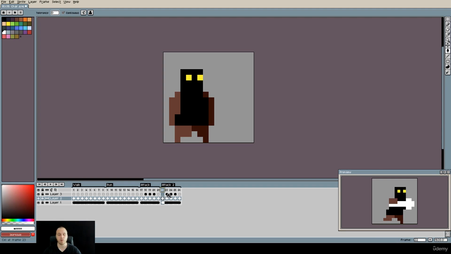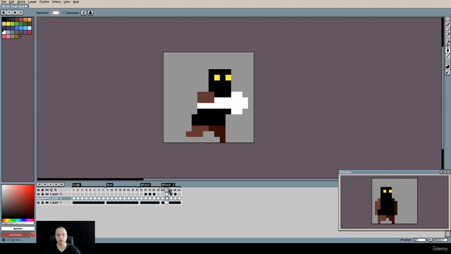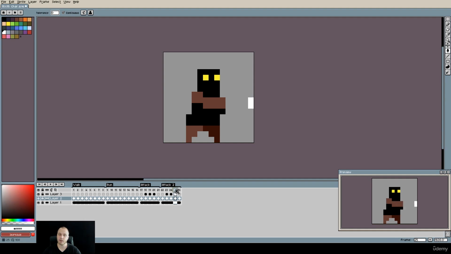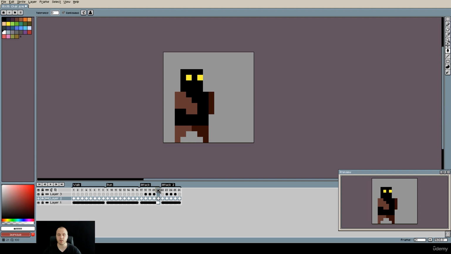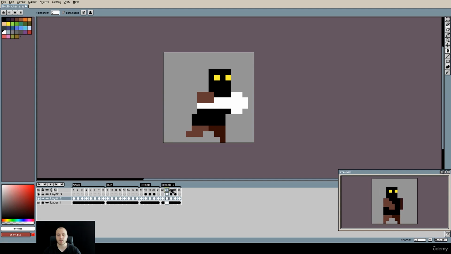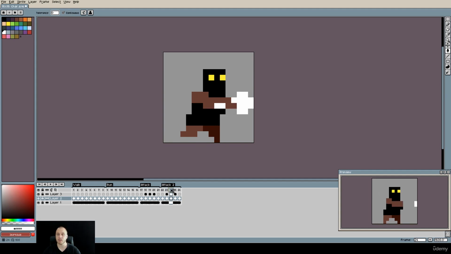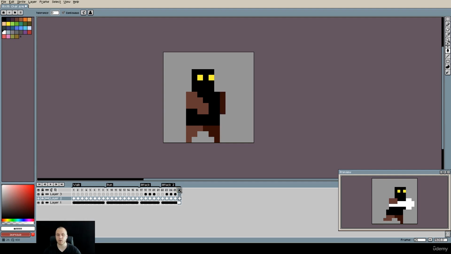So after he attacks, we have again the same. He attacks fully, goes back by 1 pixel, but this time he settles in right on the same spot. He doesn't move back. You can see in the first one, he goes back a little bit towards his first position, but in the second attack, he stays right where he is after this snap feeling, right on the same position. And he doesn't return back to his original position, because in platformers, action RPGs, after you attack in the direction in which you are attacking, you want your character to stay exactly there, because it would feel strange if